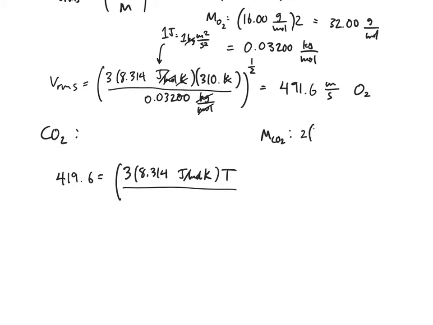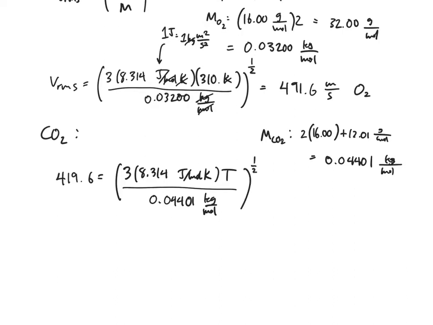That's, of course, just 2 times 16.00 plus 12.01. And this is in grams per mole, so when we convert to kilograms, this should be 0.04401 kilograms per mole. All right, let's put that in here, 0.04401 kilograms per mole, and to the 1/2. So in order to solve for T, we square both sides of the equation,